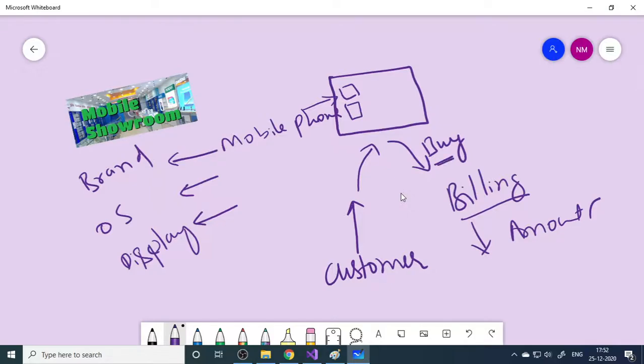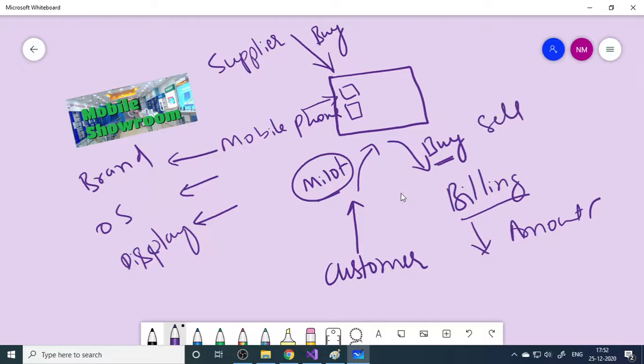If there is a mobile phone like Mi10T, and the customer needs to buy it, then this mobile store should have stock of it. Therefore there is a supplier from whom we will buy, and here we sell. The customer will buy, but we are going to sell this.